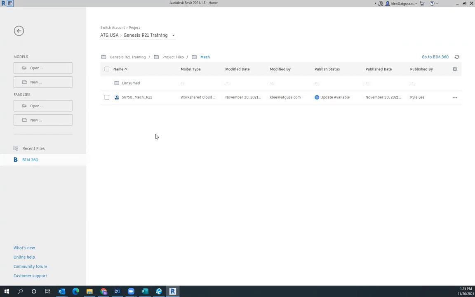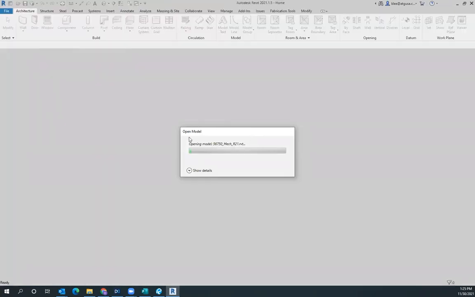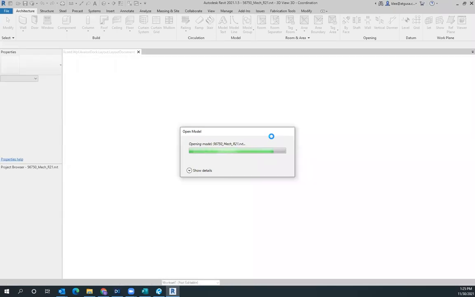Now, from the standpoint of just going in and performing your typical design process on the project, you'll just come right here and you'll select the model and click that. And so as you can see, it's opening up the model, and this is actually opening up from your central model in this instance, team, that is hosted in the BIM 360 cloud. So when you click on the model that you want to open up, what's happening right now is